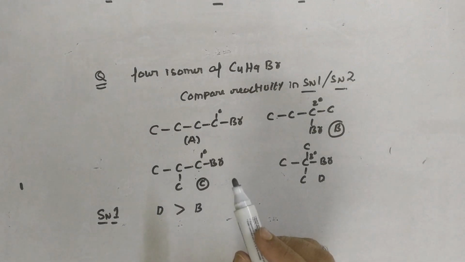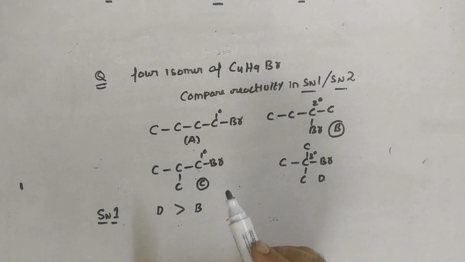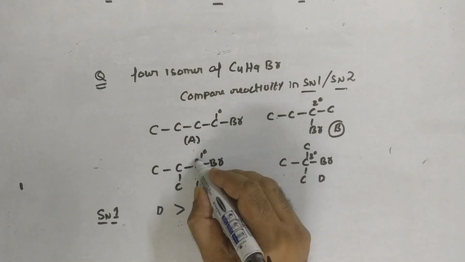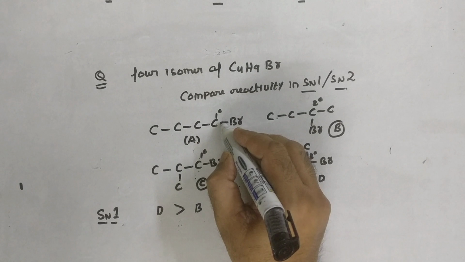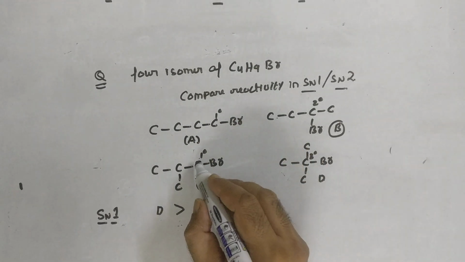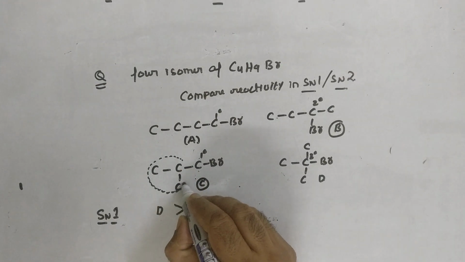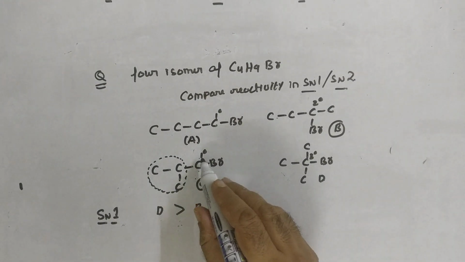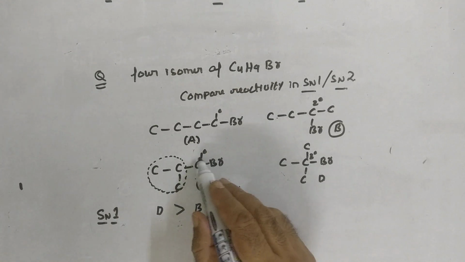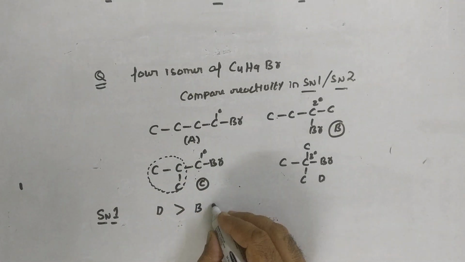We have to see out of these two which one will form the more stable carbocation. The one which will form the more stable carbocation will be more reactive. Now in this case this bond will break, you will have a positive charge over here. In this case this bond will break and you will have a positive charge over here. In this case this whole group, the iso group, is going to stabilize the carbocation better. So the carbocation formed by this compound, which will get a positive charge on this carbon, will be more stabilized. So this will be more reactive.